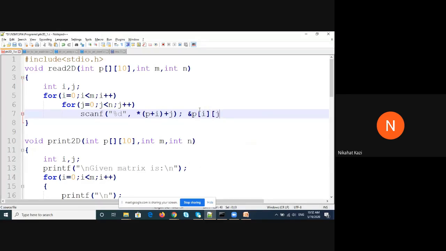This expression is the same as that expression. Star of P plus I gives me the address of the ith row, that is a 1D array. In that row, I want the jth column's address. So it gives me the address of element ij. So this expression is equivalent to that expression.